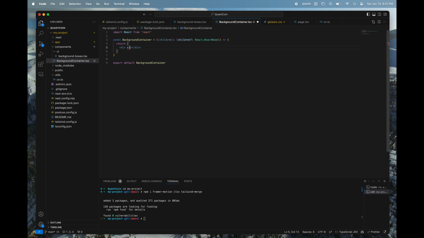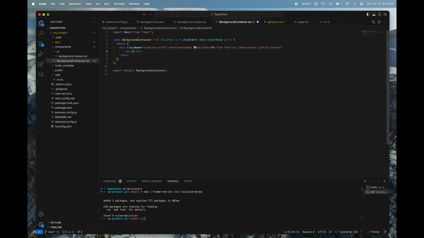So let's go className, and then it's going to be relative, w-full, then overflow-hidden, bg-slate-400, flex flex-col, items-center, justify-center,